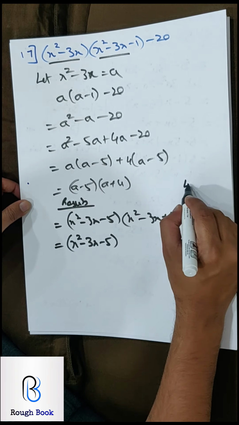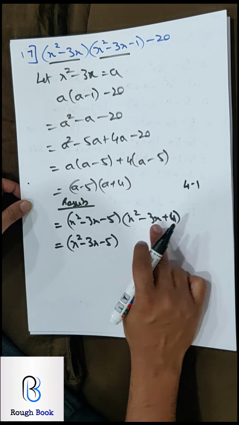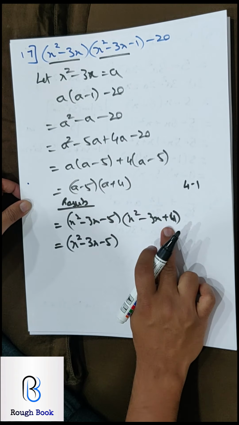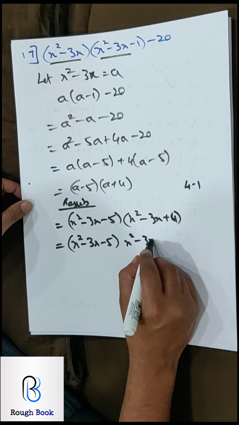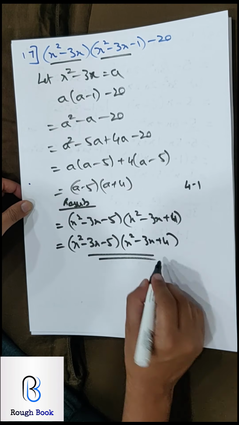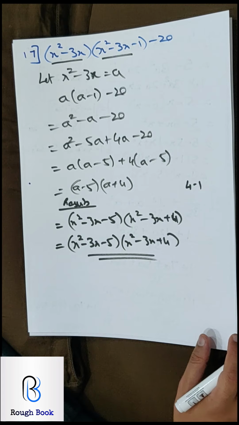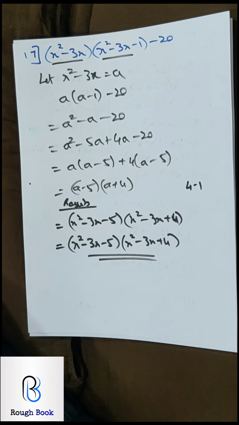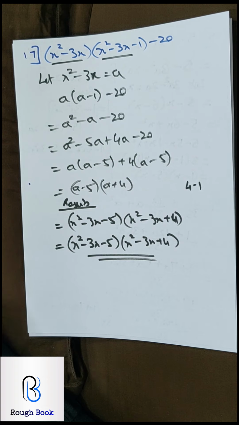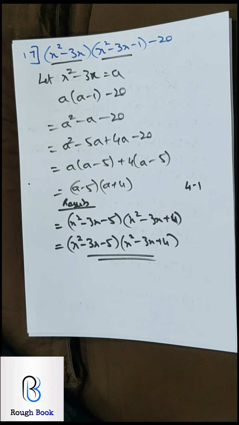But the problem is if I take 4 minus 1 I get 3, but 4 into minus 1 gives me minus 4, but this is plus 4. So sadly I can't go ahead. In both the cases, leave it then and there. In case if you are able to, then you are expected to go ahead, otherwise 100% you will lose a mark. So please verify whether you are able to split or not able to split. Only then decide whether you want to go ahead or you don't want to go ahead. Okay. Alright, so that's your final answer.